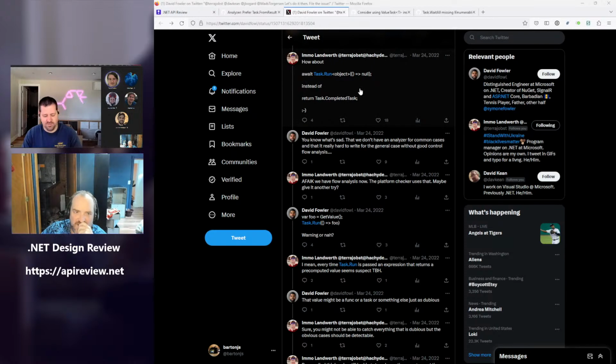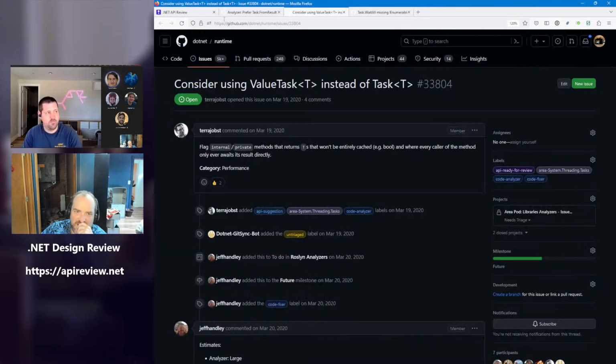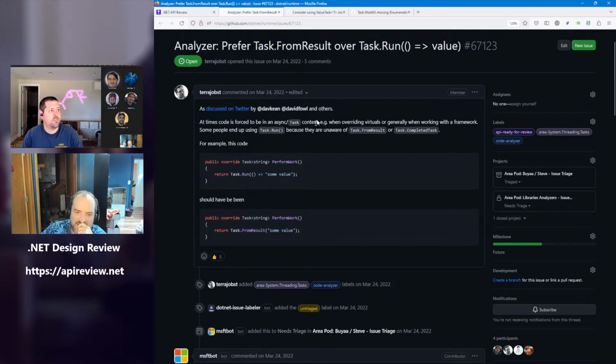There are so many cases where people find something that works or find some post on Stack Overflow and just copy it without thinking, or even looking for a better way to do it. I see that with the math APIs, with the perf APIs, with numerics and intrinsics. I know I've seen it with threading and with tasks, with WinForms, etc. So I think that task from result is just one more case that people would frequently miss.